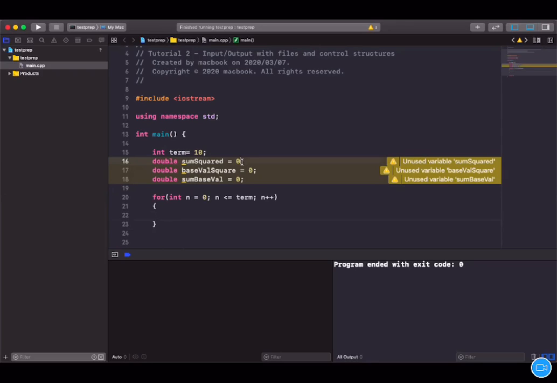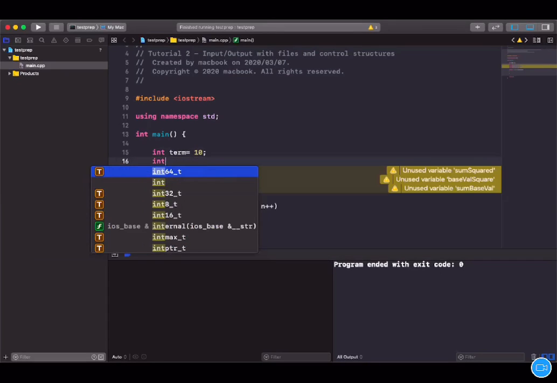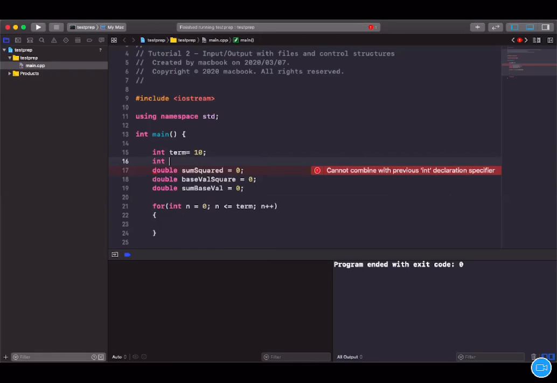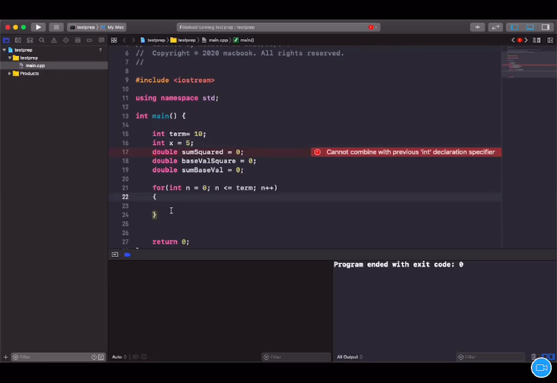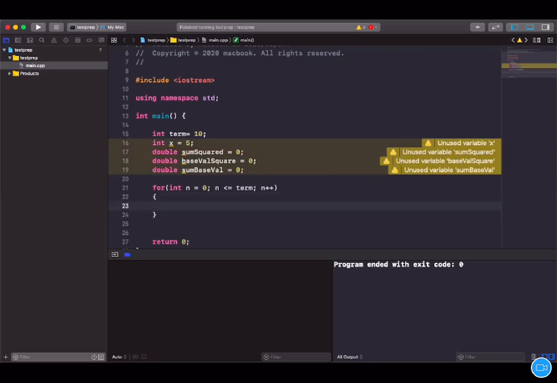Let's assume that our base value, which I'm going to call x, which for now I'm gonna assume is an integer. I'm gonna call it, for example, 5, right? So what we're gonna do is every time